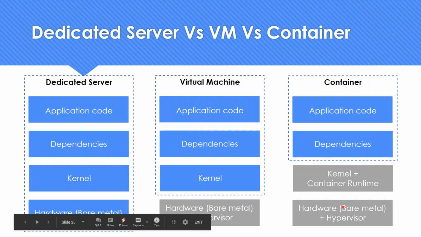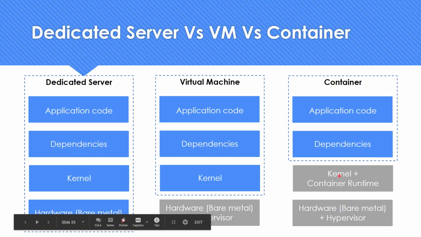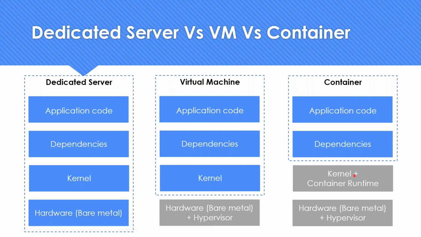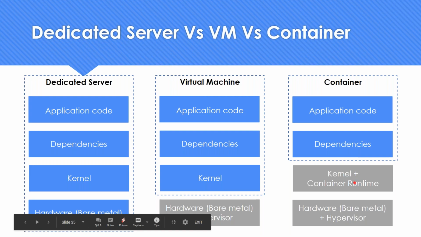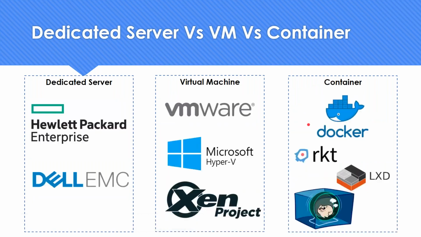Then I install a hypervisor. It could be KVM or Xen or Hyper-V. Then I have a Windows OS plus I may have a Docker runtime there. Then I have my dependencies. Or the kernel could be any Linux distribution like Ubuntu, and the container runtime is Docker. So more than having a name, these labels and brands could be really helpful for you to recollect what